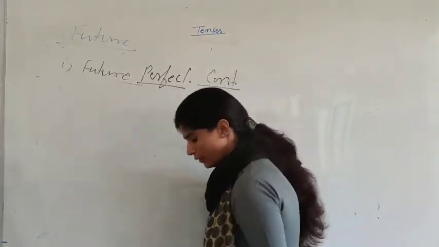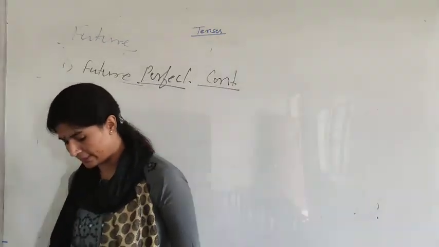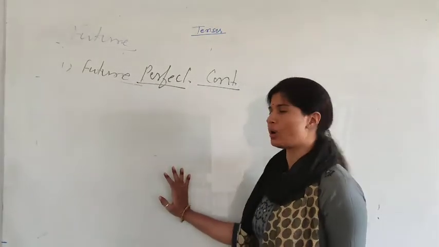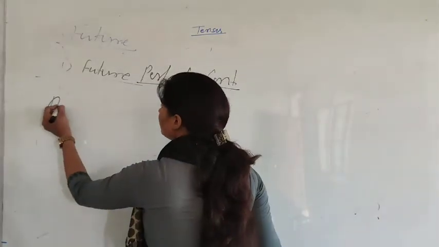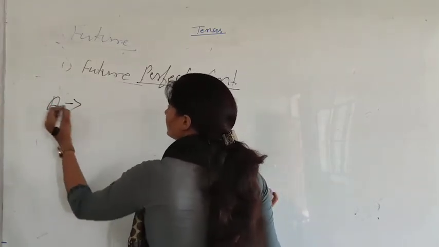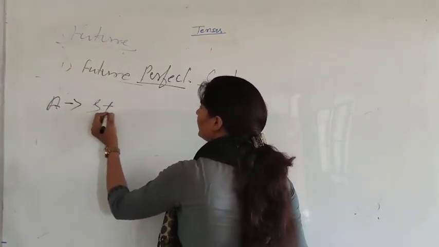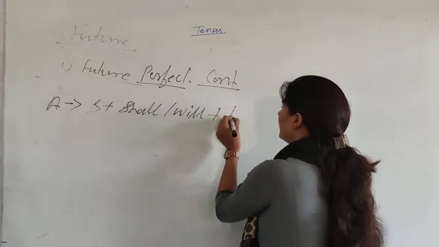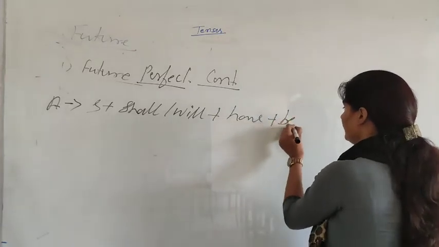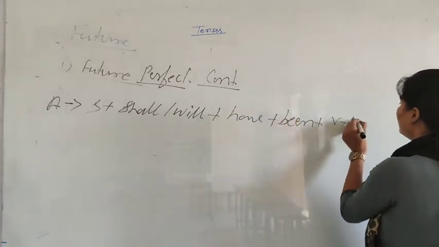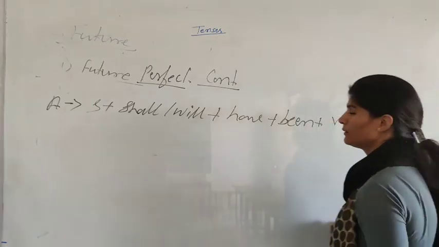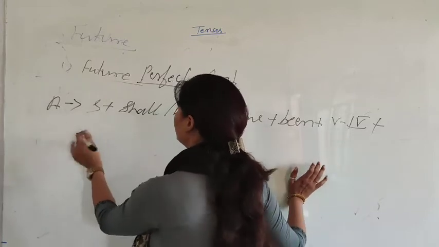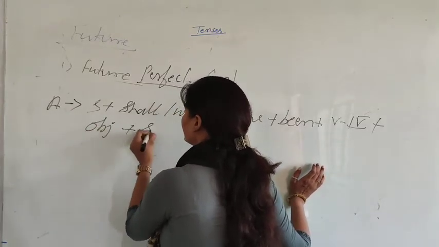Okay, future perfect continuous, an action which is going to take place in the future within a time period, which shows the continuity and completion of an action. See the structure, other keywords are since, for. Structure of assertive sentence is subject plus shall/will plus have plus been plus verb fourth form plus object plus since/for